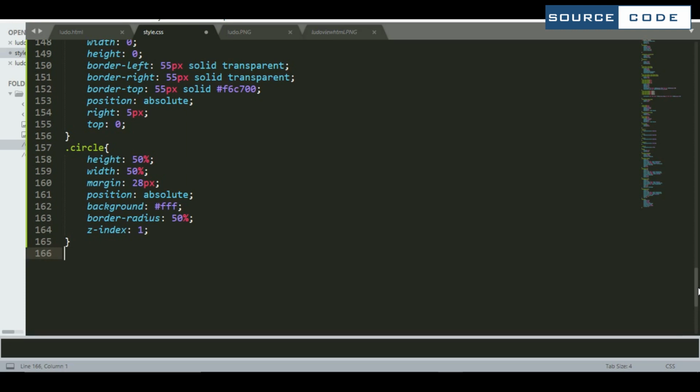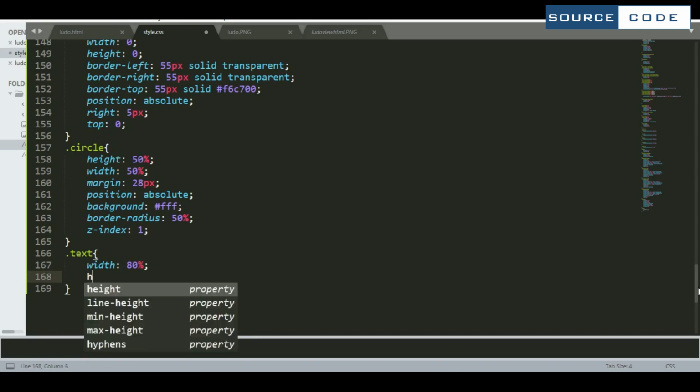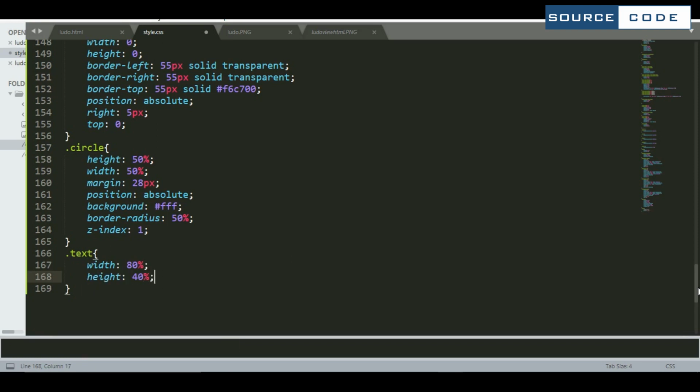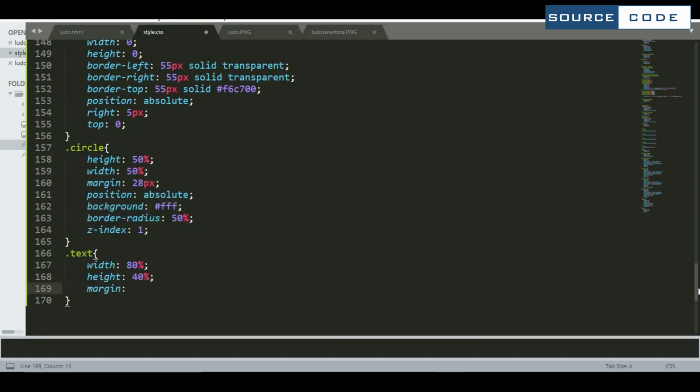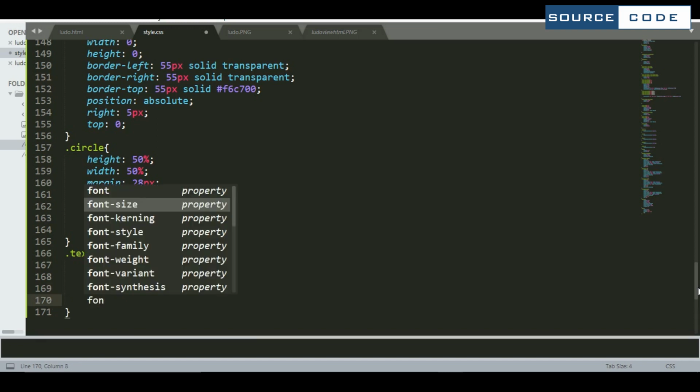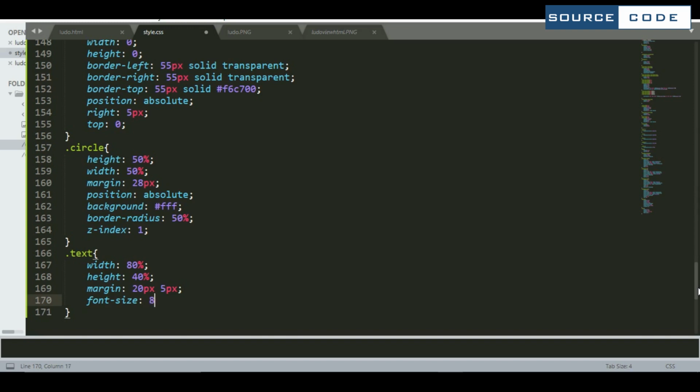So now we are going to design the text part. So make the width as 80%, height as 40%. Now we need to take the margin here, so I am taking 20 pixel and 5 pixel. Now set the font size here, so I am taking 8 pixel here.